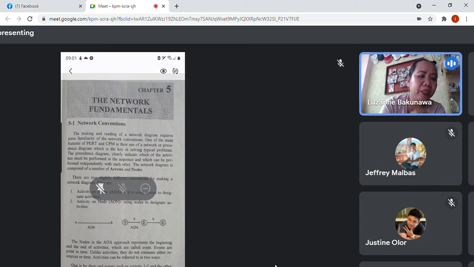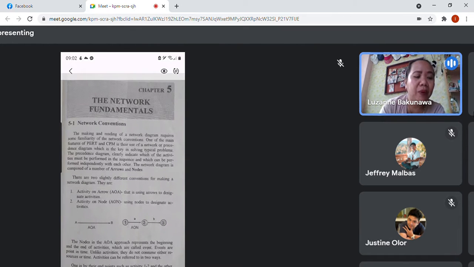So, network convention. The network diagram is one of the main features in PERT CPM, guys. This is what you are going to do when you do PERT CPM. The network or precedence diagram is the key in solving typical problems. So the precedence diagram clearly